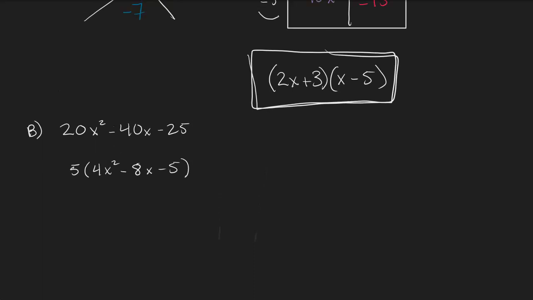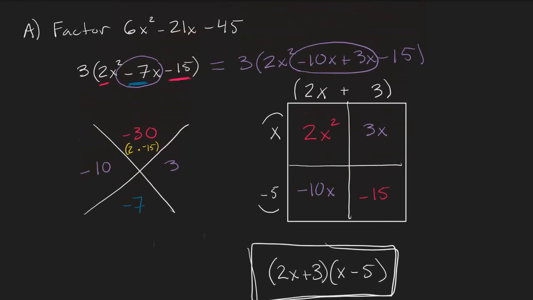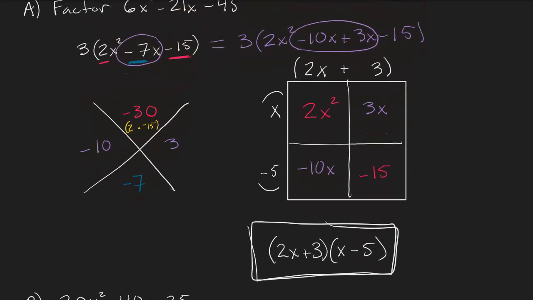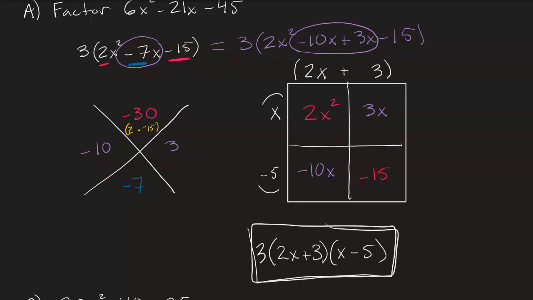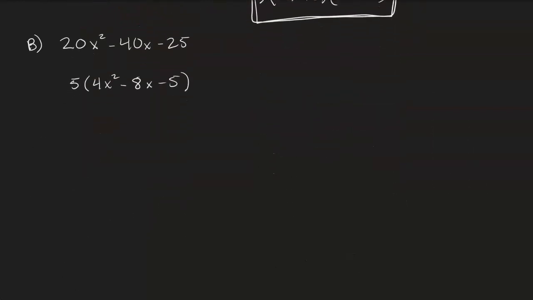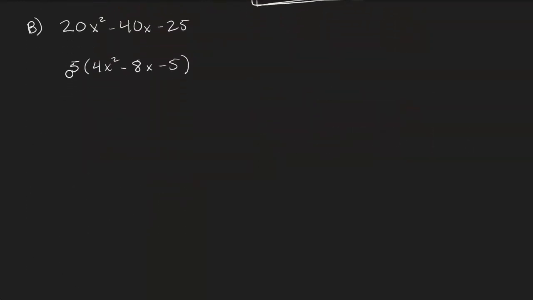By the way, I made one mistake going back to example A, I just caught that right now. Notice that when we factored out the 3 up here, we must include it right here to finish off our expression. You have to include it, otherwise it won't be the same expression. So let's keep that in mind on this example. We've got to keep that 5, throw that 5 in at the end. But for right now, let's factor within this quantity. And I'm going to start with the